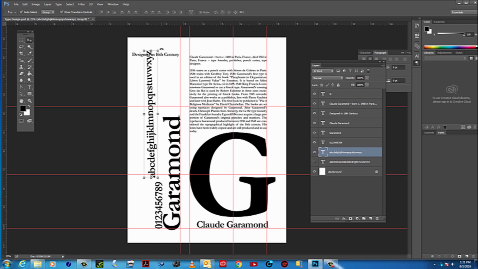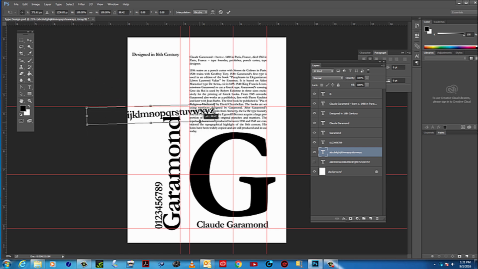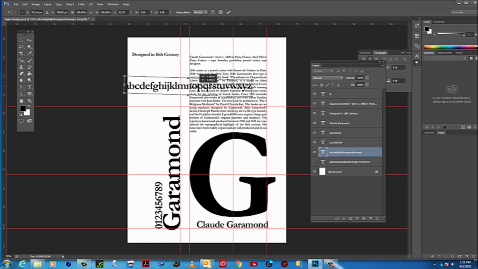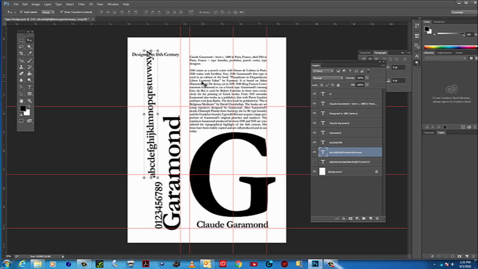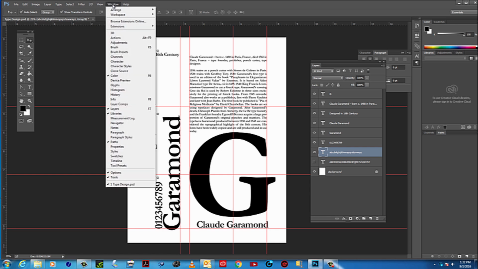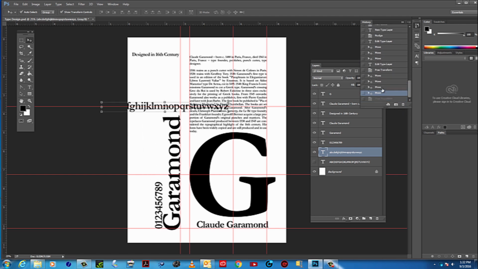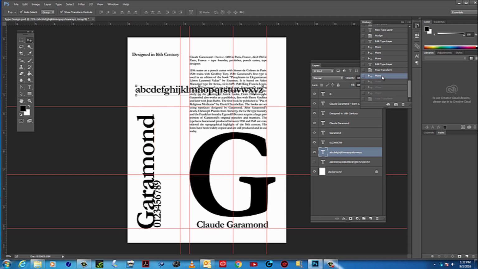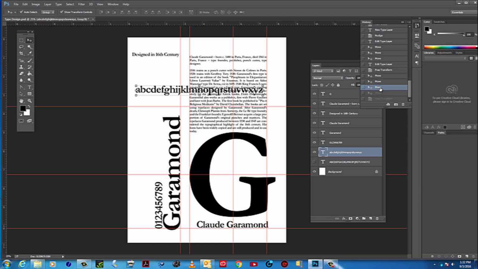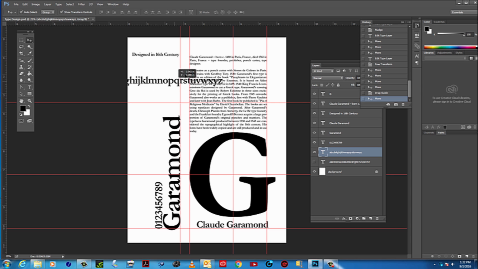So let me go... I want to make the A through Z more into a block of information, so it can maybe hold a space in a more interesting way. So let's go to, you know what? Let's go to Window, History. This is something I haven't showed yet. So I'm on the History palette, and I can basically go backwards in time. Okay, there's everything I did. I'm going to go right to this point. And then take that,